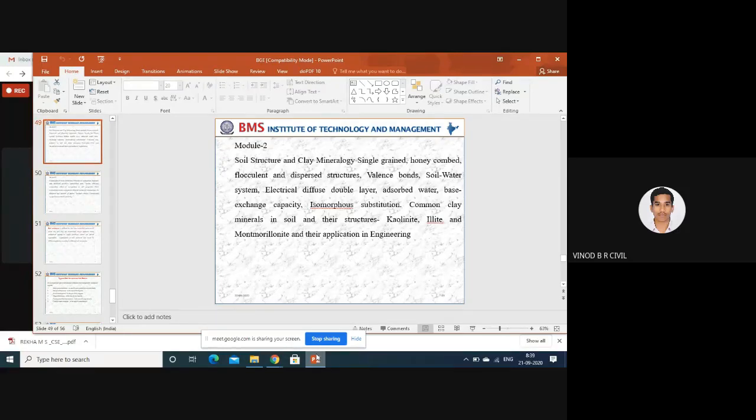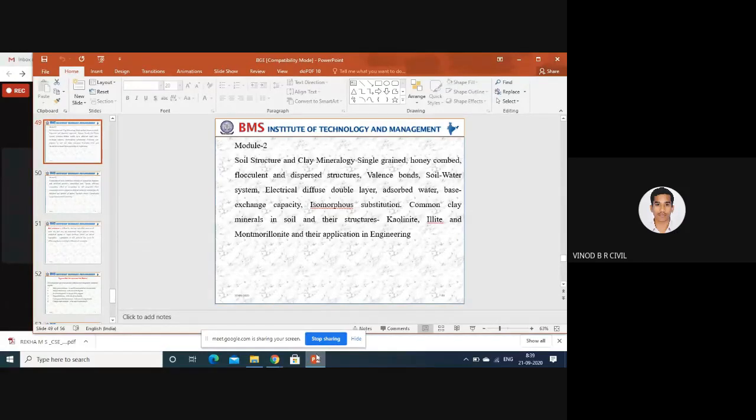With the help of the set of sieves, you conduct the experiment, and you can find out the grain size and the sand soil classification. When you go for the hydrometer analysis, at a micro level, you can find out the percentage of clay and silt content. Based on the clay and silt content, you can go for the sedimentation process or stabilization process.